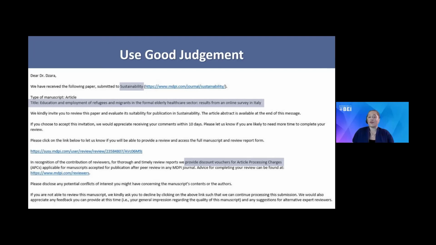I have never heard of them. I have never read their journal. So I read their email and I saw a couple of things that sort of gave me pause, right? So first, the manuscript title did not align with what I view as my areas of expertise. Second, they mentioned a discount voucher for a future publication in the journal. This gets me thinking maybe they just want me to submit a paper to them so that I will pay